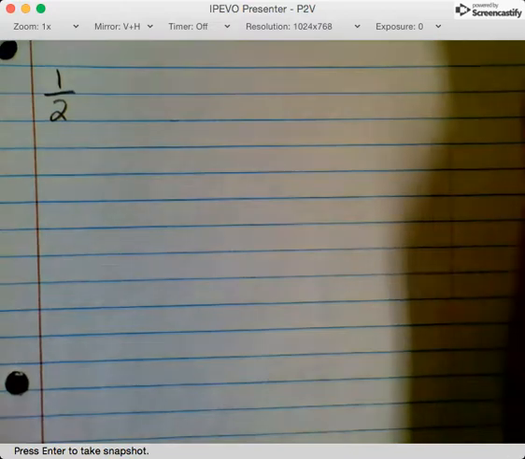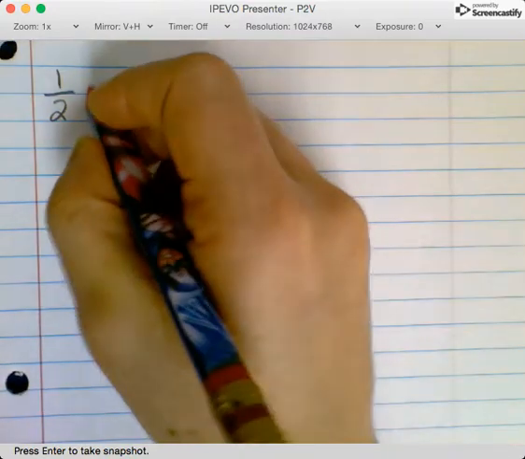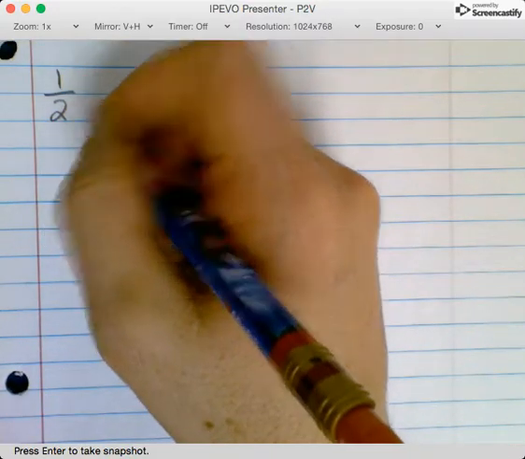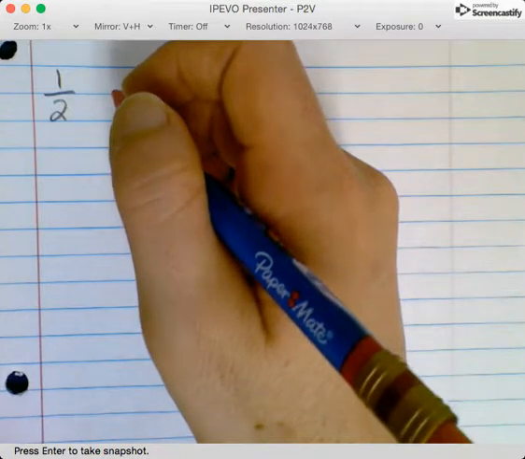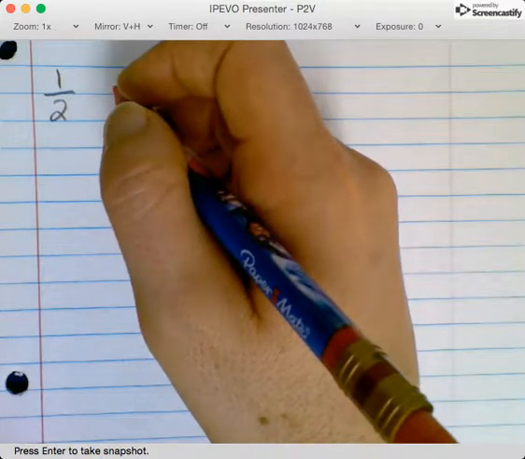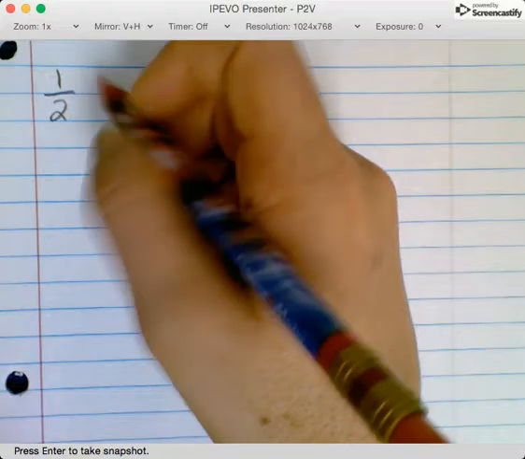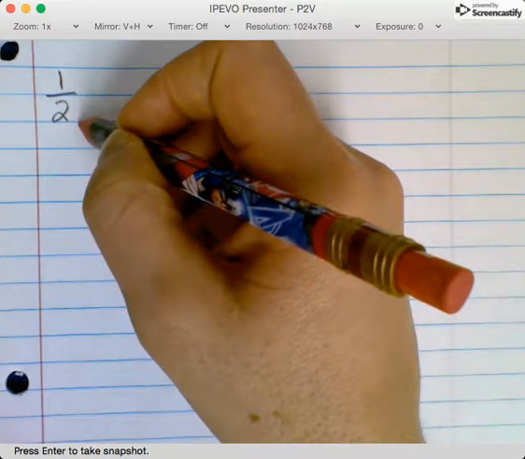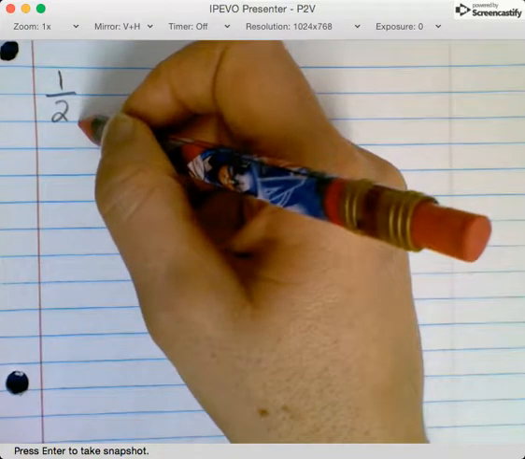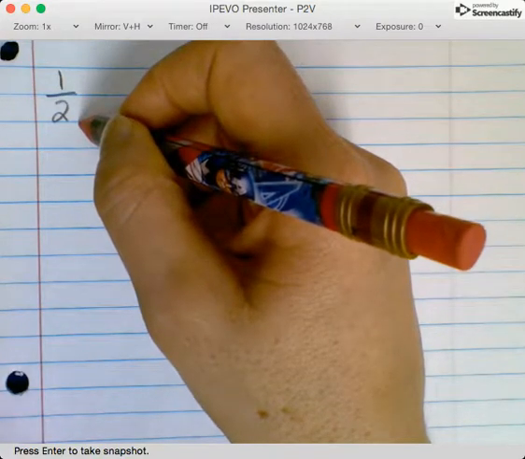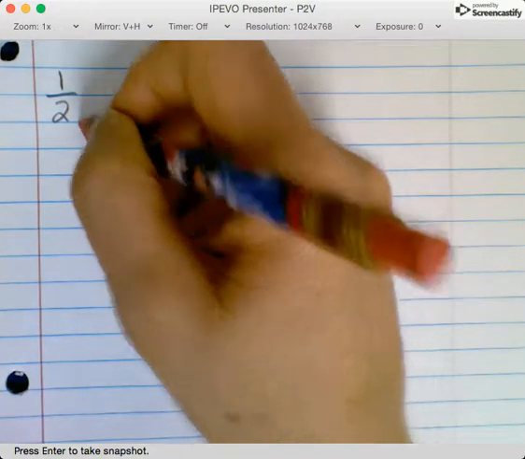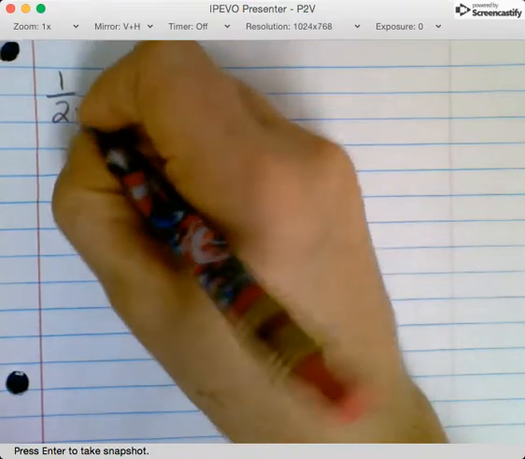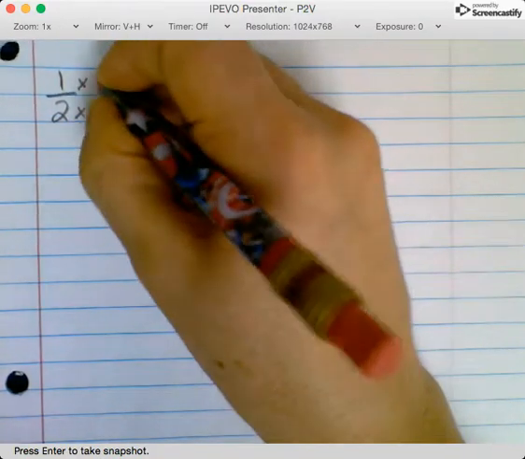If we start with the simple fraction 1/2, all I have to do to come up with an equivalent fraction is either multiply or divide both the numerator and the denominator by the same thing. Since this is in simplest form, we're going to use multiplication. We can multiply by any number. I'm going to choose the number 3,